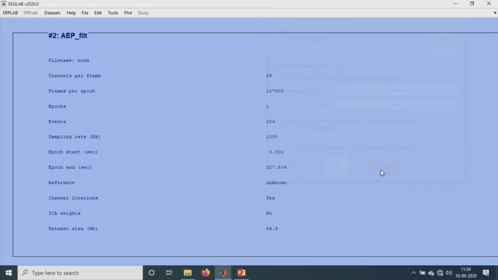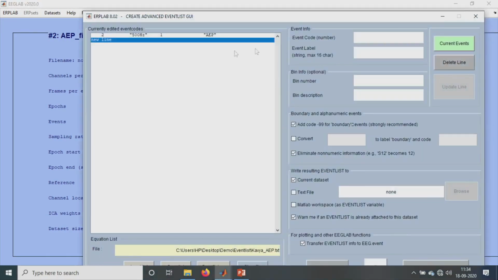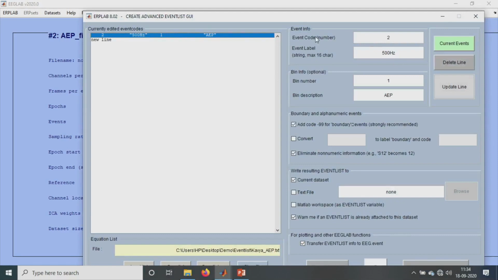So we go to the advanced protocol. Here this is the event name. This 2 is the event name that is there in the continuous data file, and then we assign a number called the bin.